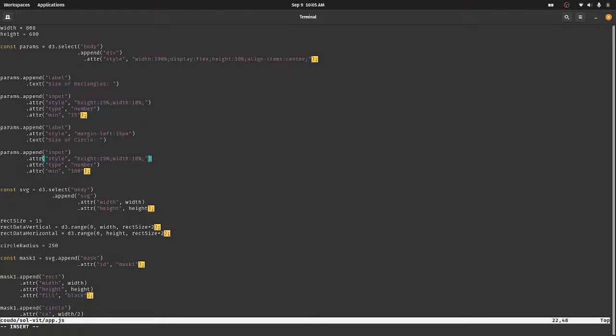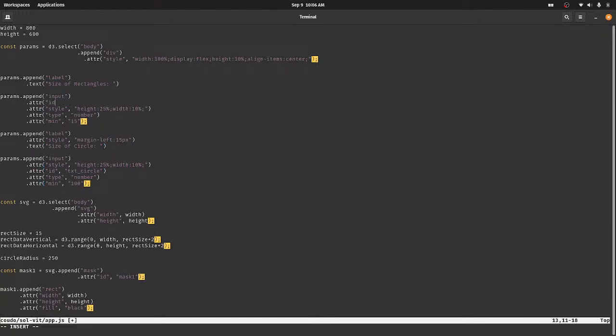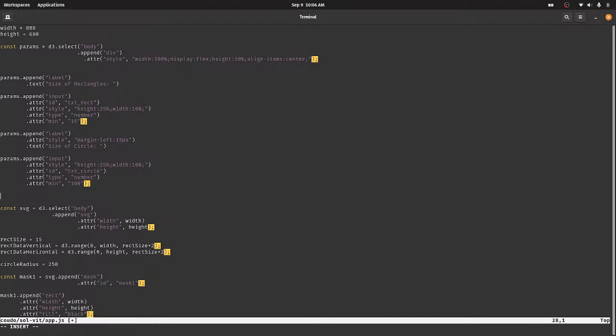IDs as in bits. So ID, this is circle txt circle. This one attribute ID txt size. txt circle, txt vector. And then we can also add to params, can like a button,